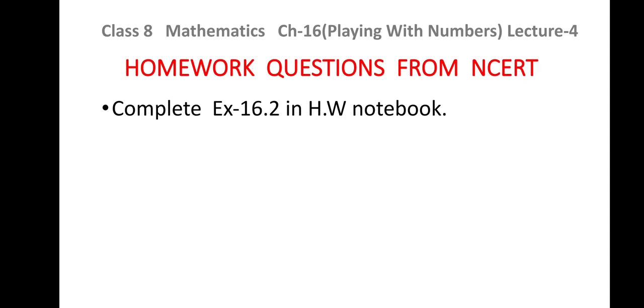A number is divisible by 11 if the difference of the sum of the digits at odd places starting from the units place. This is very important to note. Starting from the units place, you are supposed to give numbers to the digits, and then you will come to know which digit is at an odd place and which is at an even place. Then take the sum of the digits at even places, and if the difference of the sum of the digits at odd places and the sum of the digits at even places is either 0 or divisible by 11,